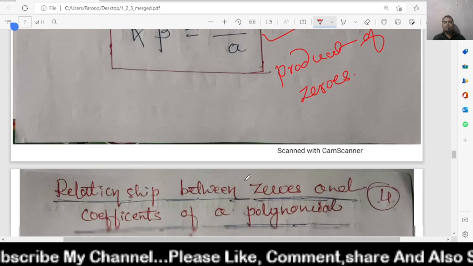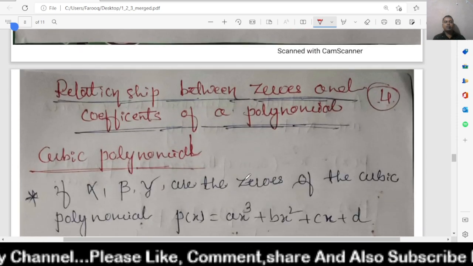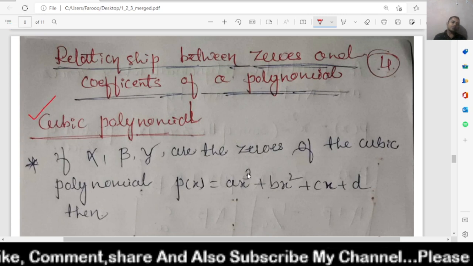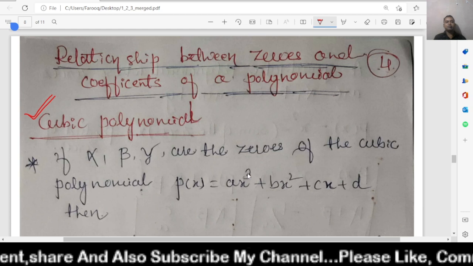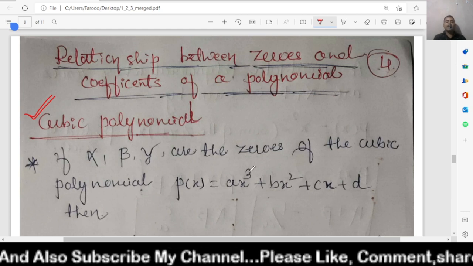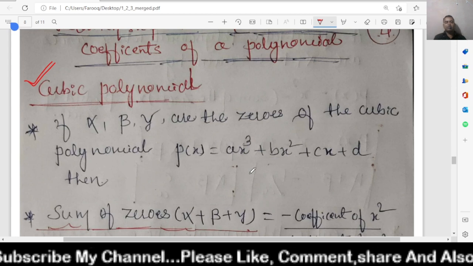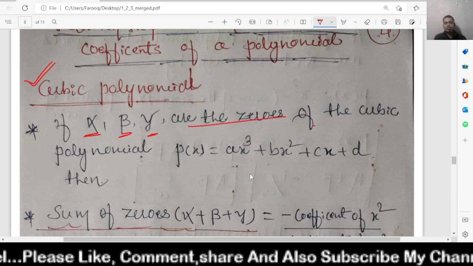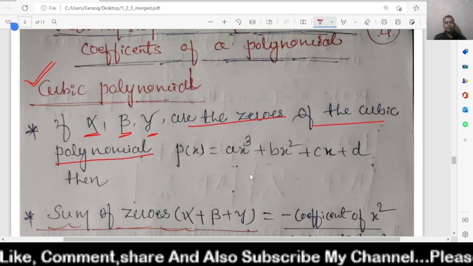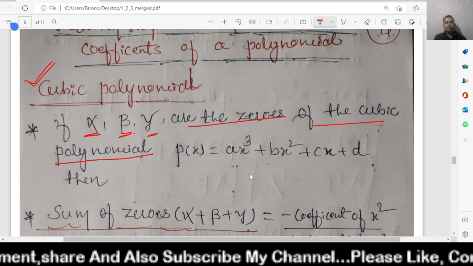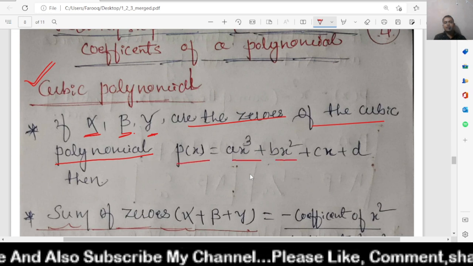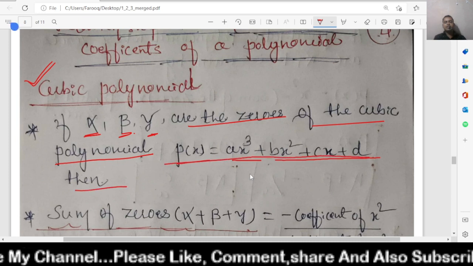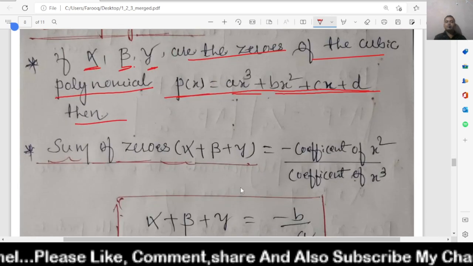Now the relation between zeros and coefficients of a cubic polynomial. Let us try to understand the relationship between the zeros and coefficients of a cubic polynomial. If alpha, beta, gamma are the zeros of the cubic polynomial p(x) = ax³ + bx² + cx + d, then the sum of the zeros